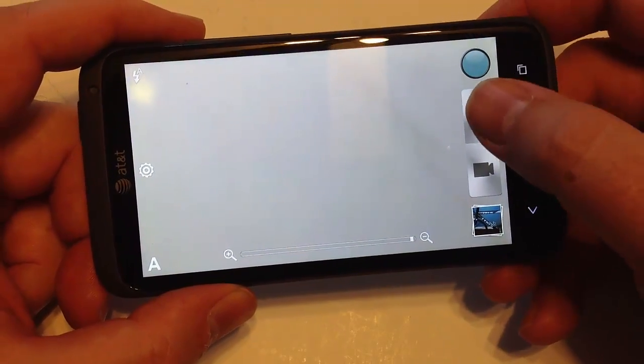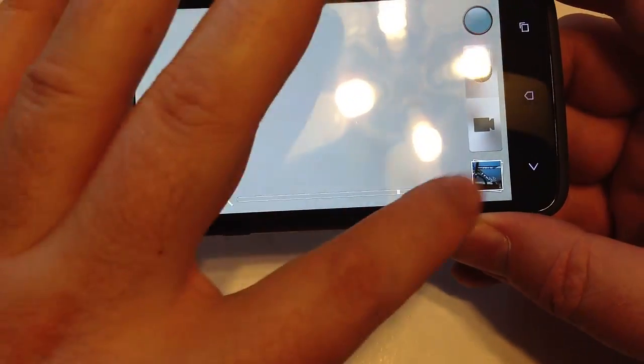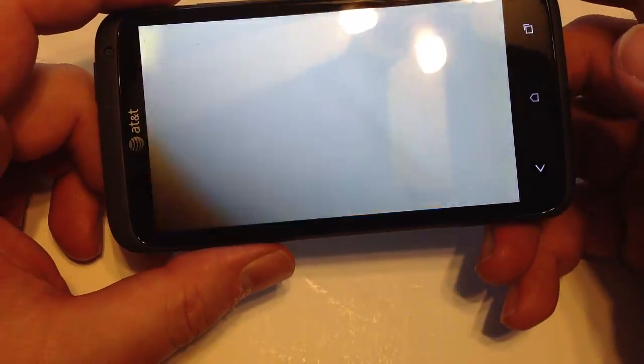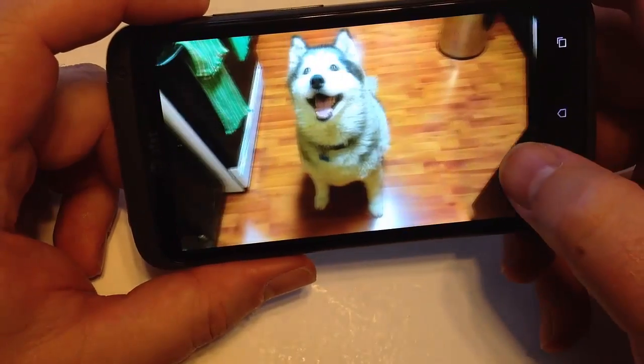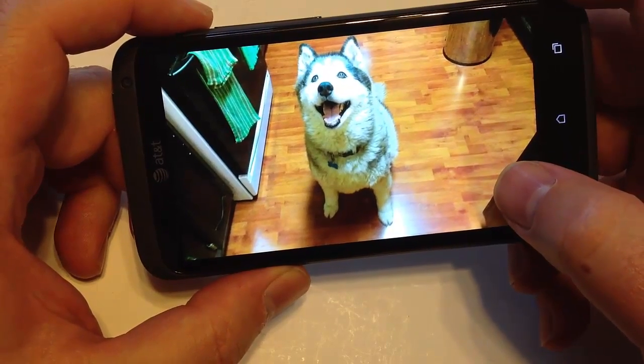So you've got a shutter button right here, you've got your video button right here, you've got a zoom in and out right here, which is very nice. Really simple format. Let's take a look at some different pictures on the device. We'll flip through them. Now, the one thing you can see here is we took this picture in my kitchen,